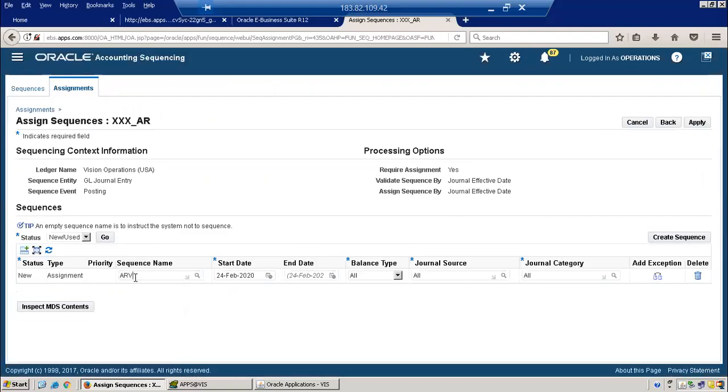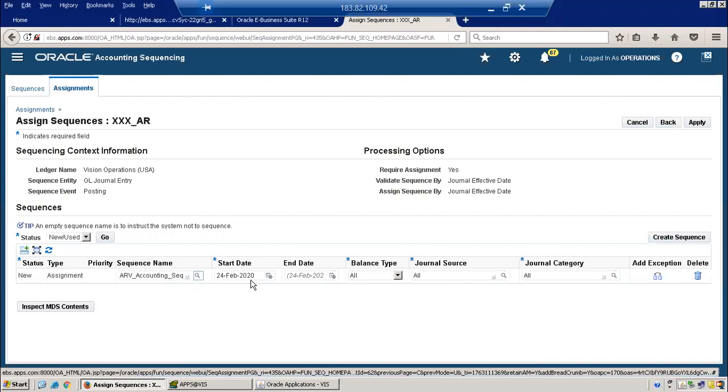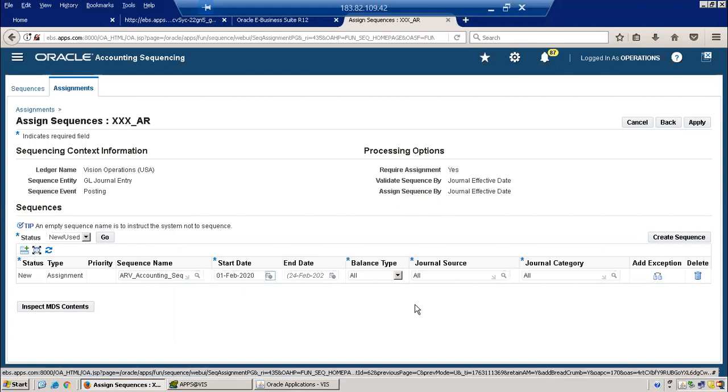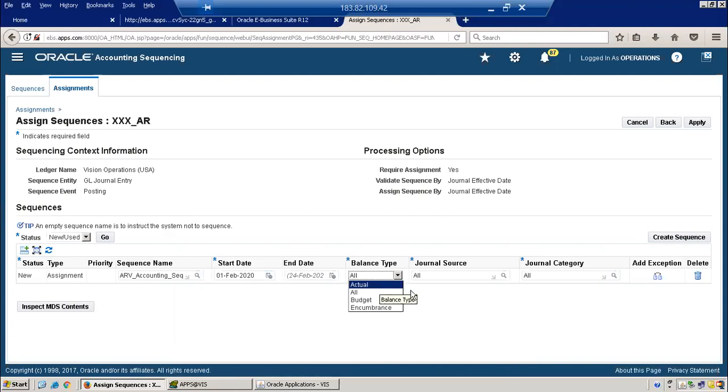Okay, so this is where we need to assign the sequence. The sequence is ARB accounting sequence, and I want this to be effective from 1st February 2020. And I want this for all the journals, whether it's actual or budget and encumbrance, and for all the journal sources and all the journal categories. But if you do not want this for a specific journal source or journal category, you can click on add exception and add it. Otherwise, you can just leave the default value so that the accounting sequence will be generated for all the journal sources, all the journal categories and all the balance types, whether it's actual or budget or encumbrance. Okay. Now once I click on apply,